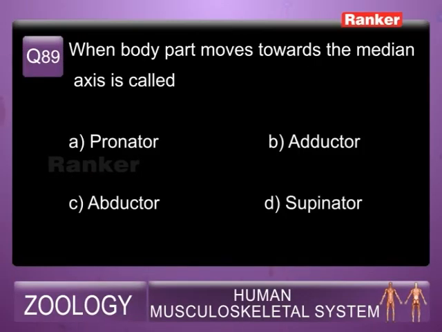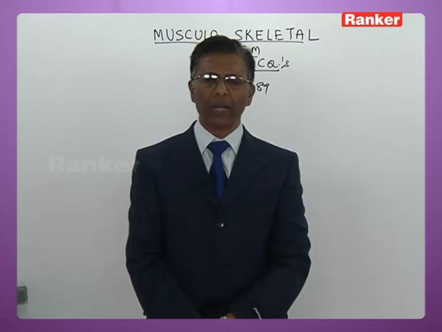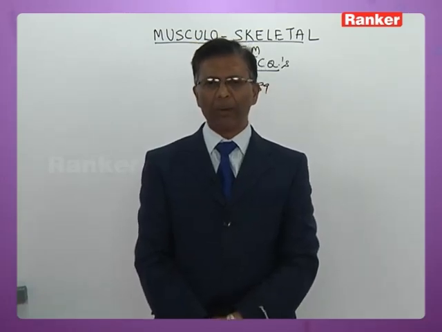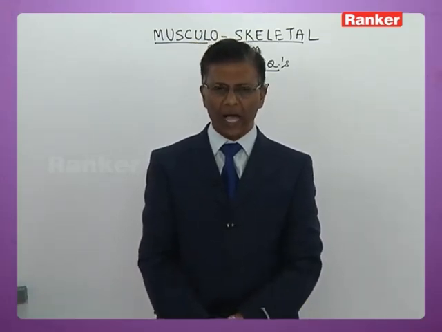Now the 89th question is here for you students. It's before you. I shall read the question for you. When a body part moves towards the median axis, it is called A. Pronator, B. Adductor, C. Abductor, D. Supinator. The muscle which brings a part of the body towards the median axis is called adductor, and